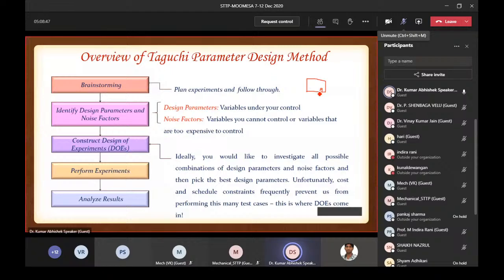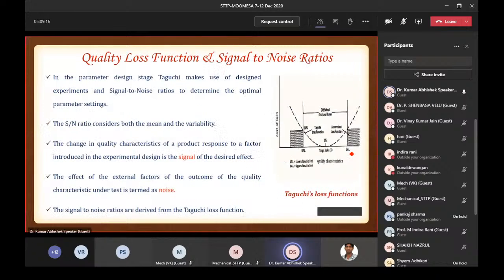So in that, as an electrical engineer, he gives the signal as the useful data, and the N goes for the noise factor, and that is the disturbance. So he gives the signal to noise ratio concept, which determines the quality loss function. Suppose you have some target value, then there is some upper limit deviation and lower limit deviation. Suppose you look at an example,